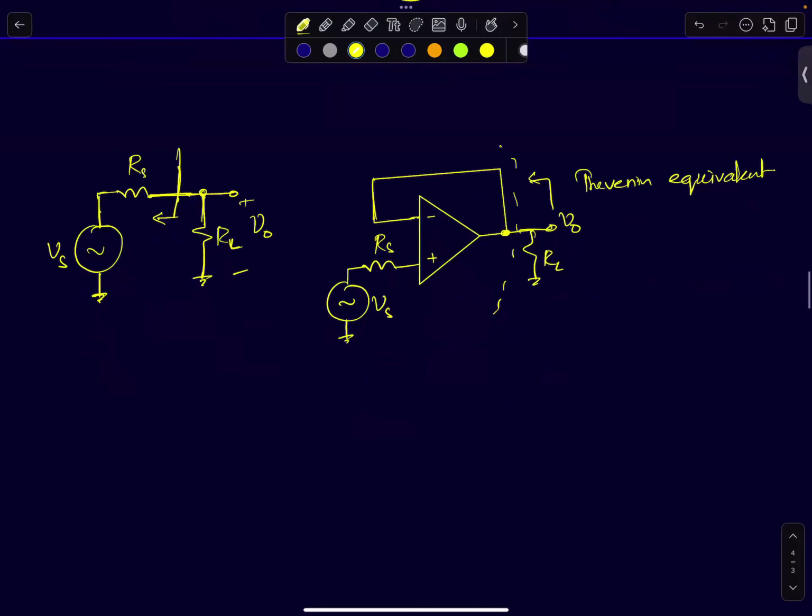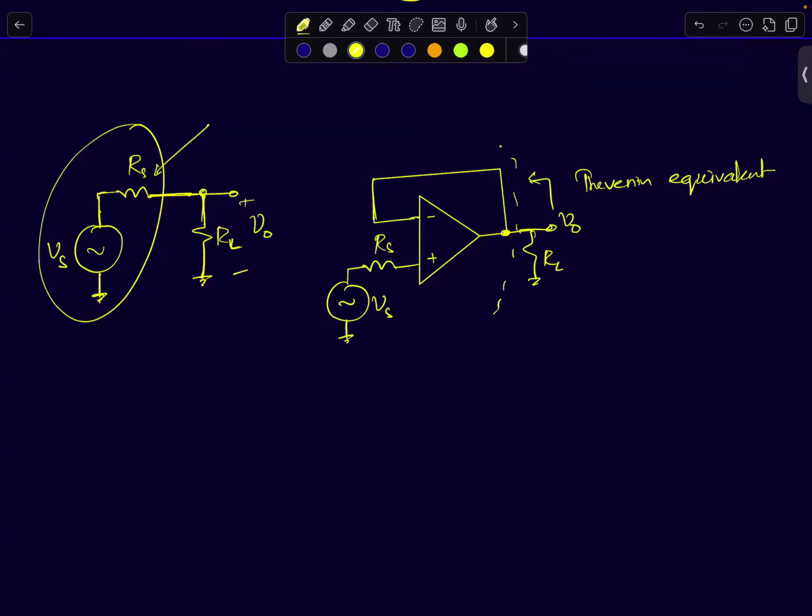Now, the second question that we'll discuss for today is a very interesting application. Let's say we have a source with a finite source resistance. Generally, if I model a source resistance with a voltage source, it usually means that, even if you look at batteries,